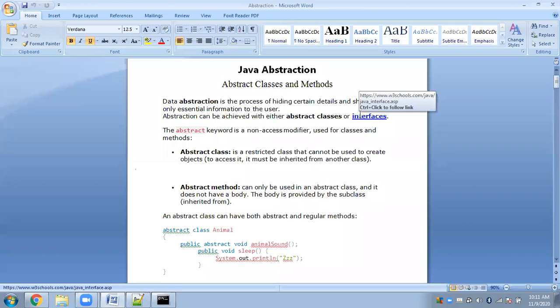We have heard about multiple inheritance. We have learned that multiple inheritance cannot be implemented in Java. We will learn in detail why we cannot implement it, and whether there is any other way to implement multiple inheritance in Java. That we will learn in the next class. So for the time being, regarding abstract classes, yes, abstract classes are one way of achieving abstraction. However, it achieves only partial abstraction, not full, because inside abstract classes, as you have already seen, we can have